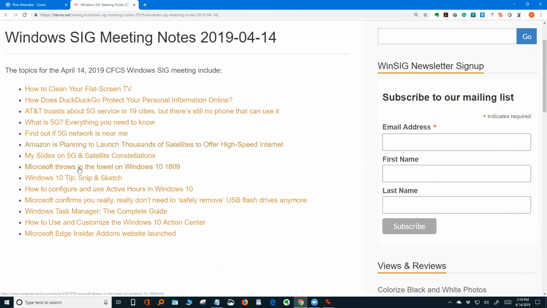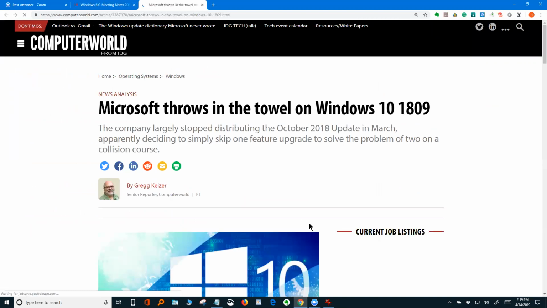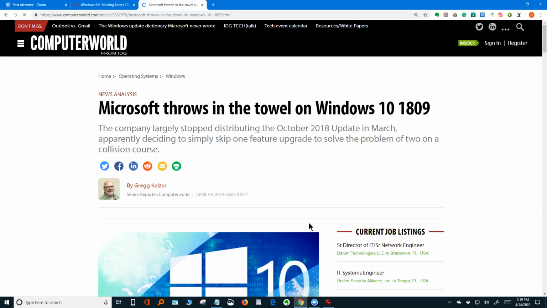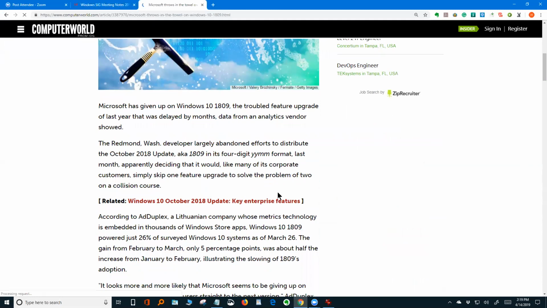The next item is the Microsoft throws in the towel. Boy, this is a big transition, isn't it? But this one, Microsoft throws in the towel on Windows 10 1809. The company largely stopped distributing the October 2018 update in March, apparently deciding to simply skip one feature upgrade to solve the problem of two on a collision course. Microsoft has given up on version 1809, the troubled featured upgrade of last year. And there's a new one coming out, which is